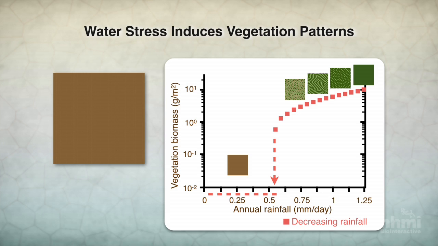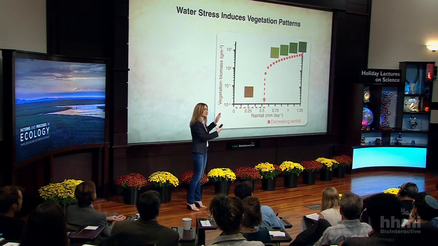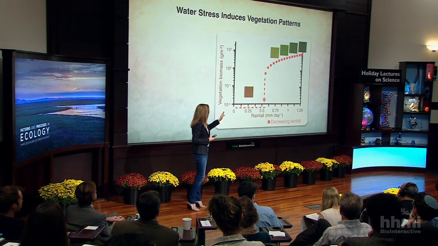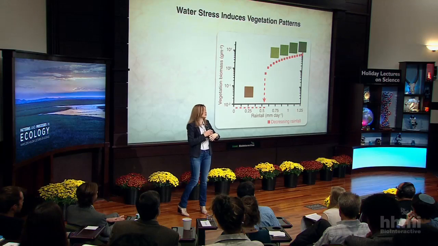So the point here is that patterns are extremely interesting and important in this system because, at least theoretically, we understand that they offer a predictable sequence of what you should see in the system. You start with homogeneous vegetation, and as you keep decreasing rainfall, you should go through this very predictable sequence of patterns. At the very end, right before you lose all of your vegetation quite dramatically, so not in a smooth way where you get less and less biomass, basically at around 0.55 or 0.6 millimeters of rainfall, you lose all of it